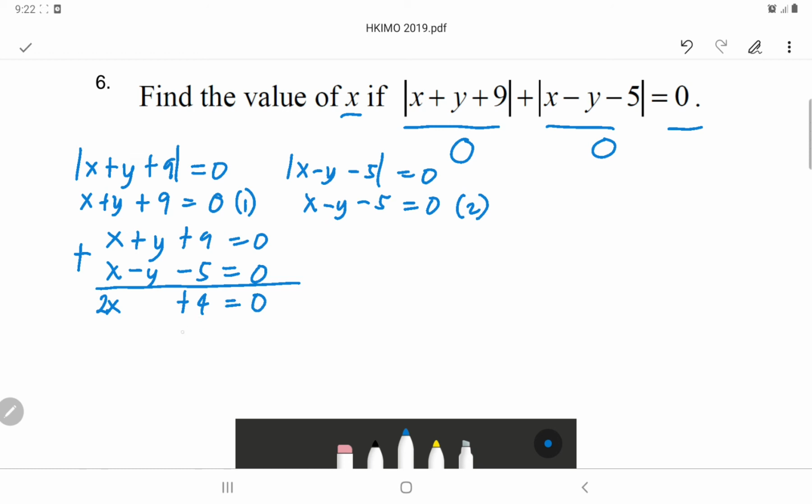So to solve for x, you need to transpose 4. That becomes negative 4. And then, you divide both sides by 2. So therefore, x is negative